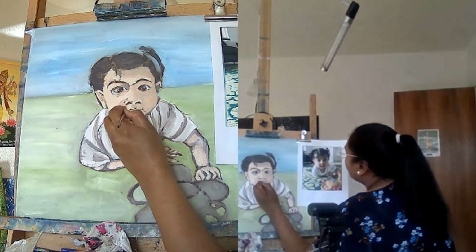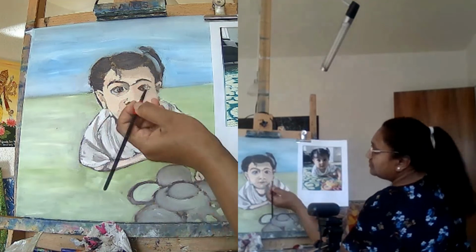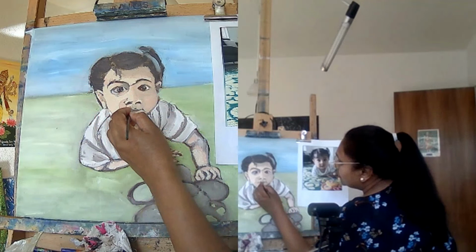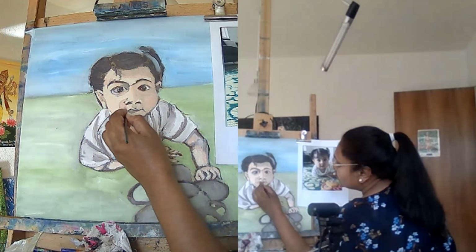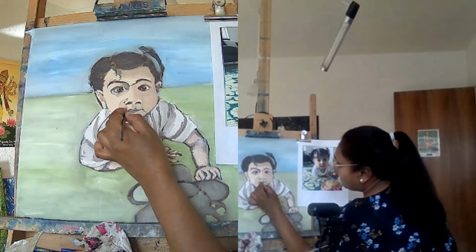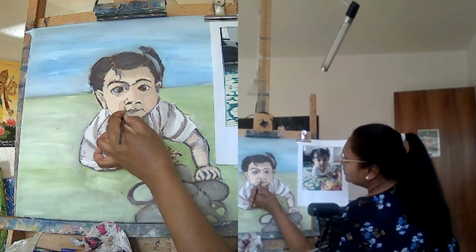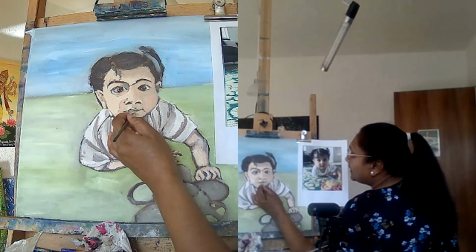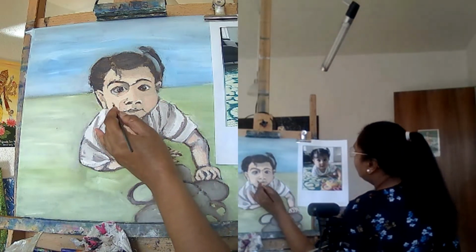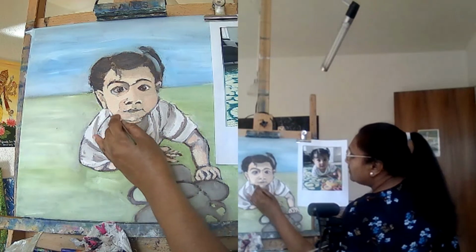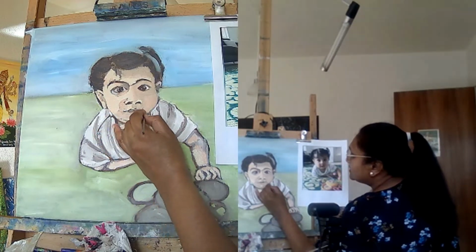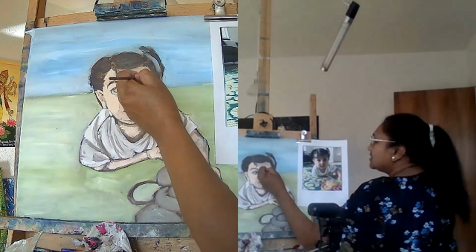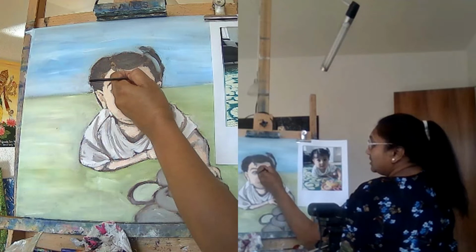If you see, I'm using the same brush without washing or cleaning it to merge the lighter tonalities as well. So it's okay to do that. If you are not so comfortable, you want to switch brushes, that's also fine. I've got the face kind of blended, so you stop seeing some of the lines which we could see evidently